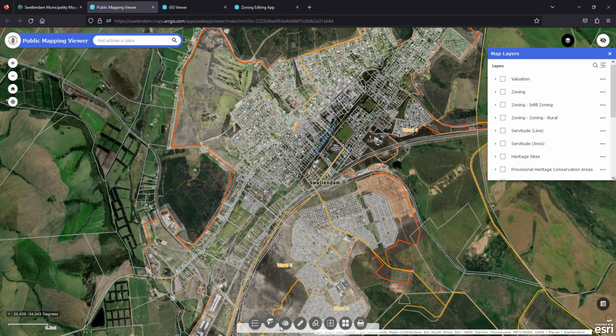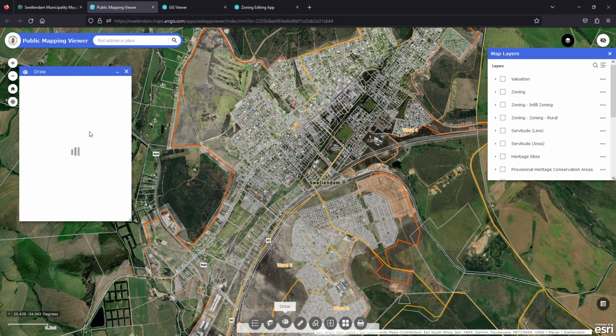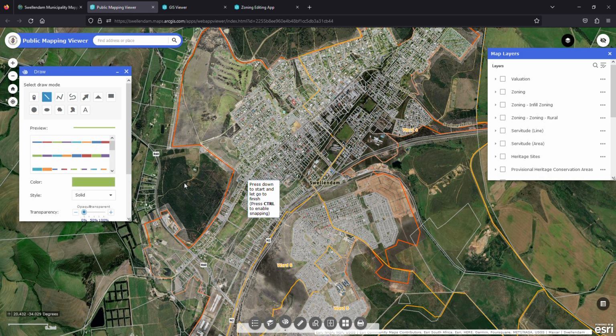The next widget is the Draw widget. So this enables you to make annotations on the map, where you are able to either draw lines, plot points, or draw polygons on the map. So if I want to draw a line from the one side to the other, then I'm able to do that. I'm able to also choose a color,